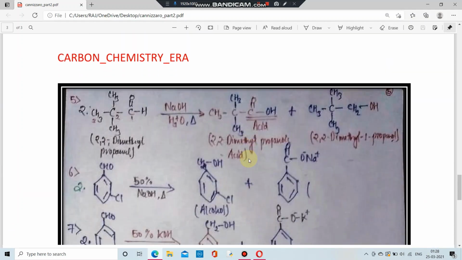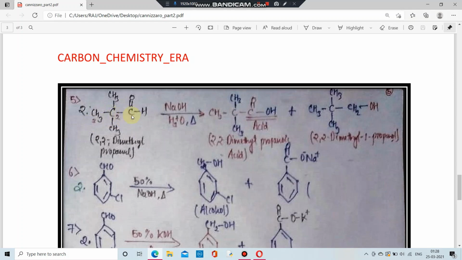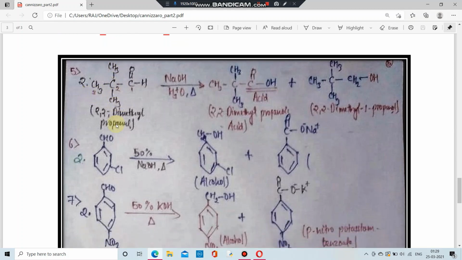Now we have taken some more examples. Look, this is an aldehyde having no sp3 alpha hydrogen. Look, this is an sp3 carbon, but there is no presence of sp3 alpha hydrogen at this carbon, so we can proceed with Cannizzaro reaction. Now in the presence of NaOH plus heat, what are we going to get? We are going to get two molecules, one is an acid and another is a primary alcohol. So the main chain of this contains 3 carbons, so we are going to get a 3 carbon acid. Look, 1 2 3, and a 3 carbon alcohol, which is going to be primary, 1 2 3.